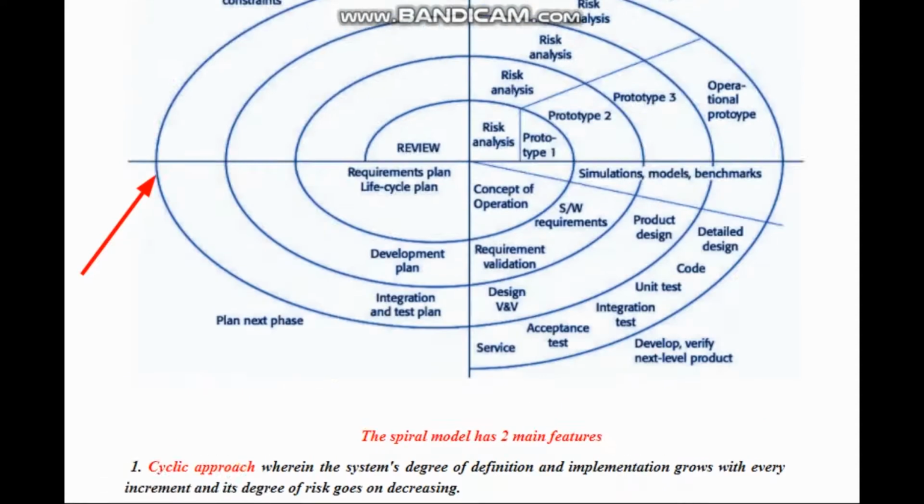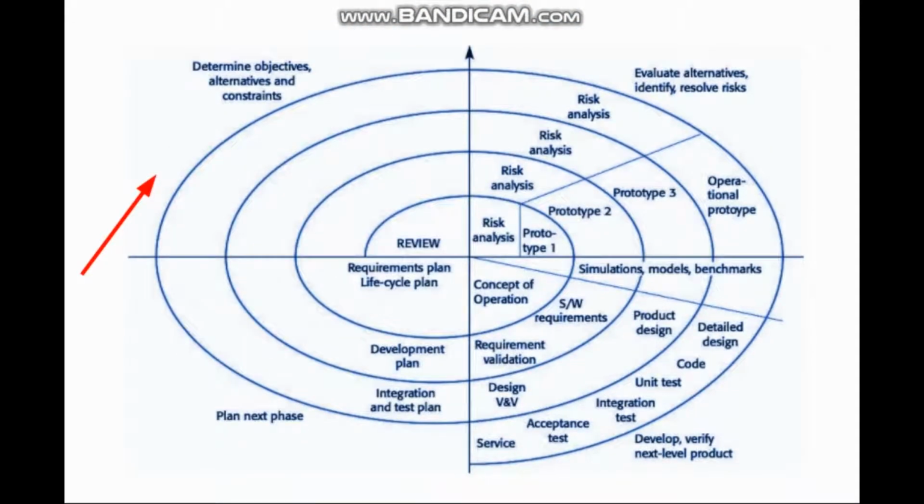You can see here, these are the milestones: simulations, models, and benchmarks. These are called milestones or anchors. At each phase, one milestone is generated: simulations, models, and benchmarks. By taking that information, we can proceed to the next phase. By taking these models, we can go to the next phase. So what are simulations? Simulations are nothing but some models. The initial prototypes that are created are called simulations. Okay?